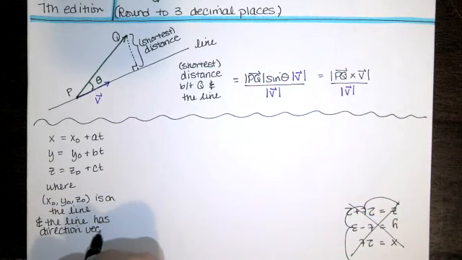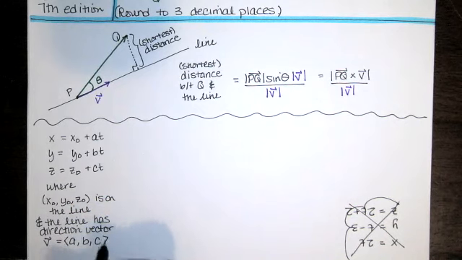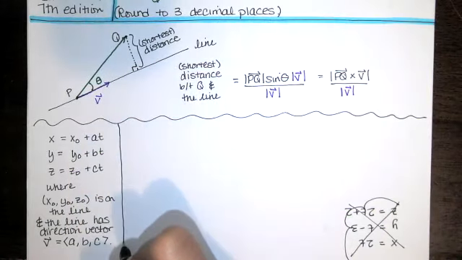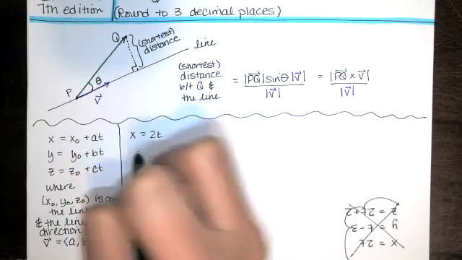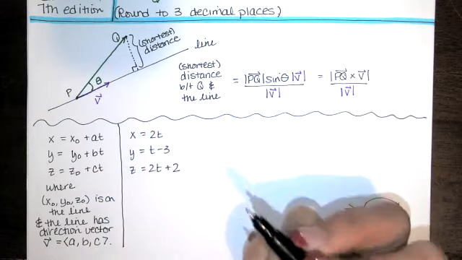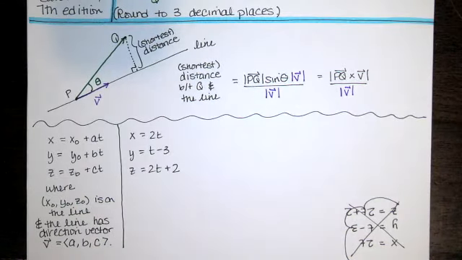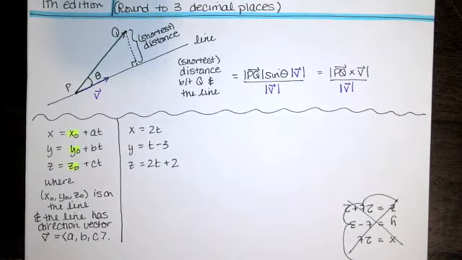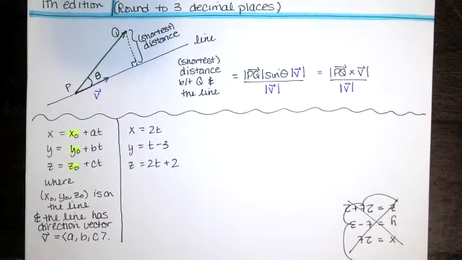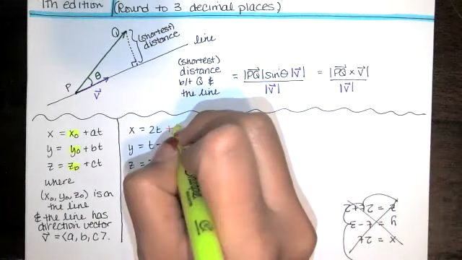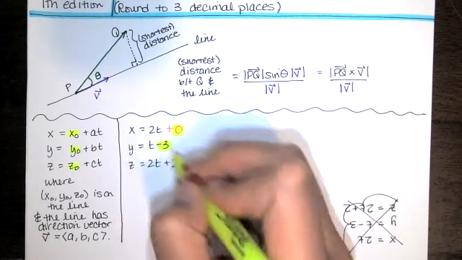ABC, or it's a direction vector with components A, B, and C. So using that and then just pattern matching to this, x equals 2t, y equals t minus 3, and z equals 2t plus 2, I can see immediately that x naught, y naught, z naught, those are the constants here. On this first one, I don't have a constant. I could just add a 0. X naught, y naught, z naught could be given by a 0, a -3, and 2,